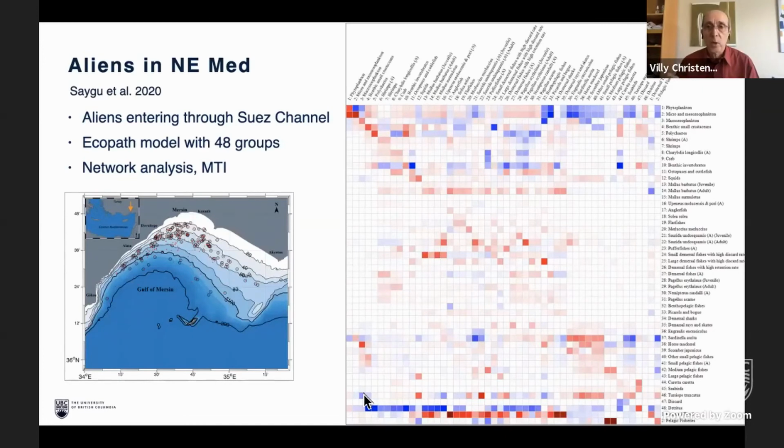And one of the interesting things you can get out of such a model, even without going for time dynamics, is to look at competitive impacts in the system. And we can do that with a mixed trophic impact analysis that we talked about earlier. It won't answer what-if questions, what will happen if you change things, but you can look at the competition in this case here, how the different groups impact each other.